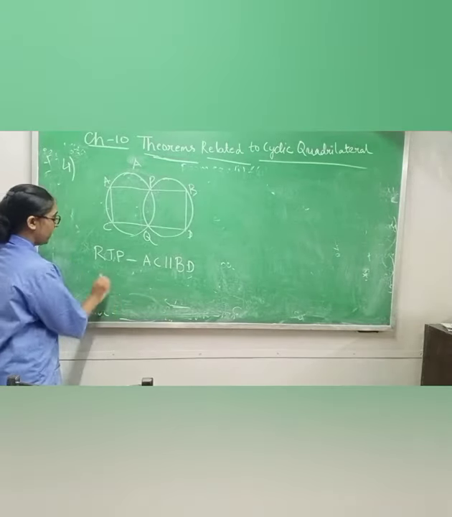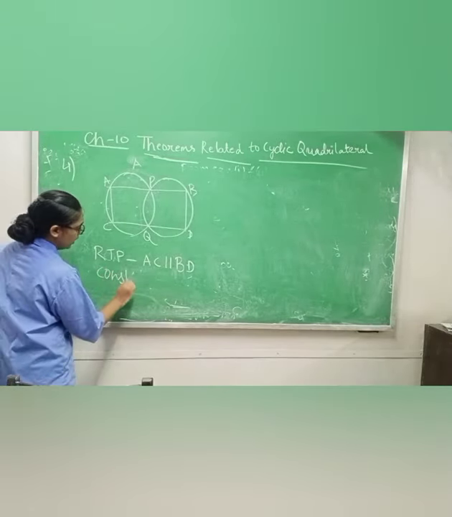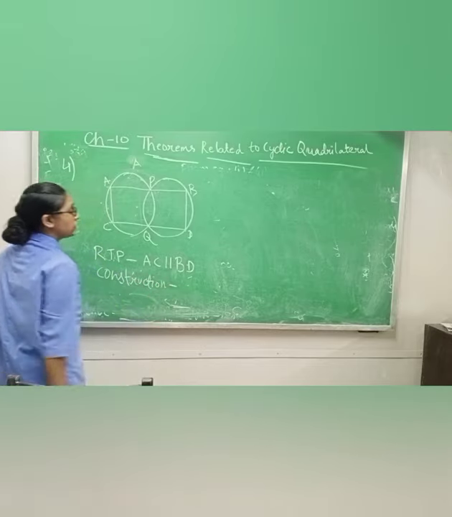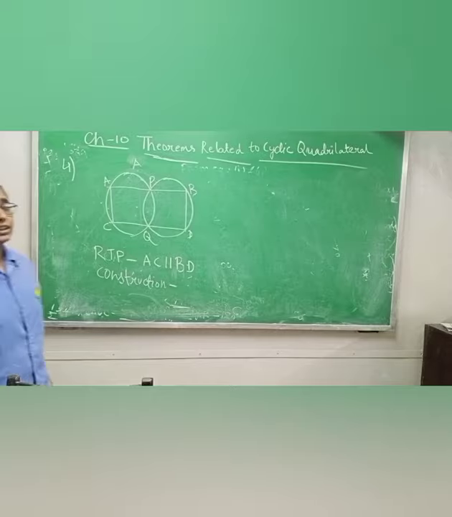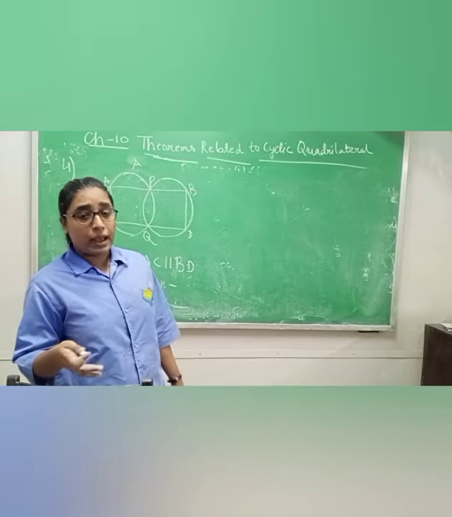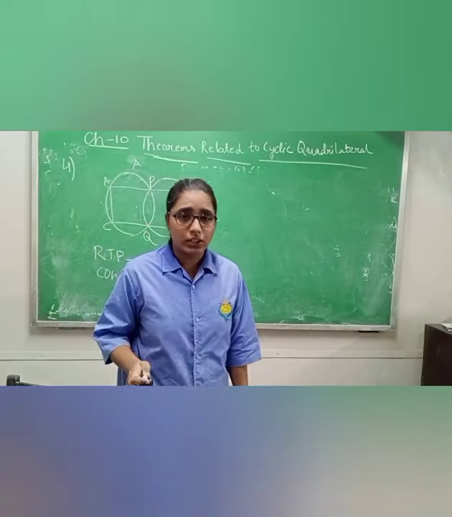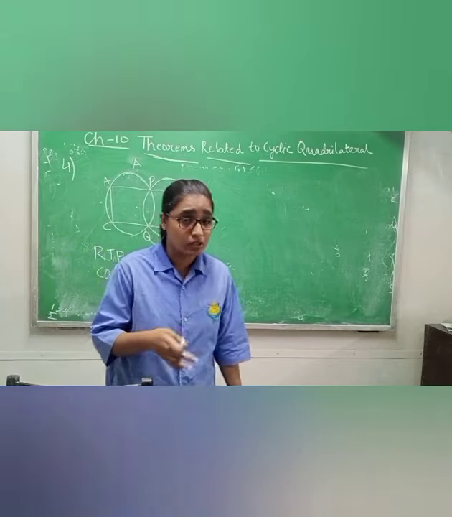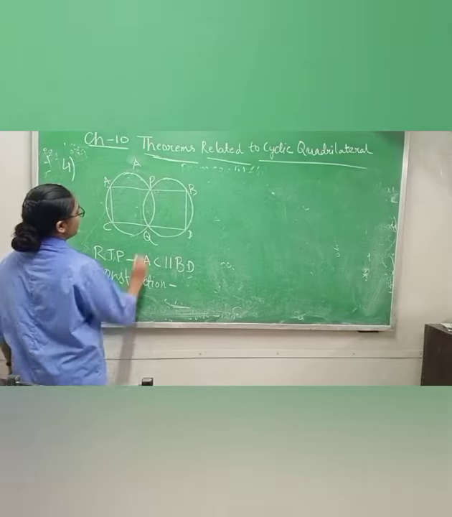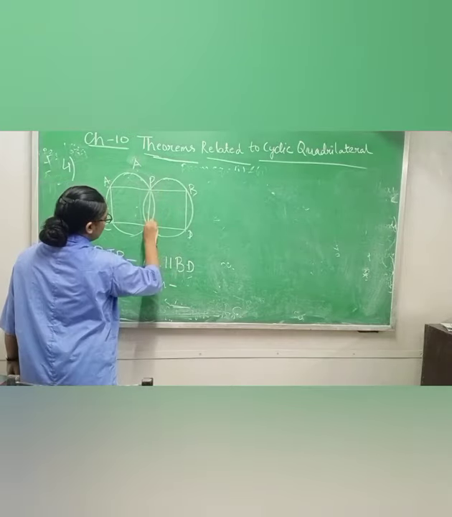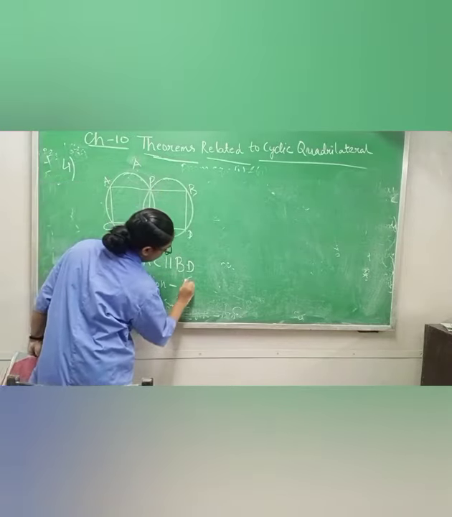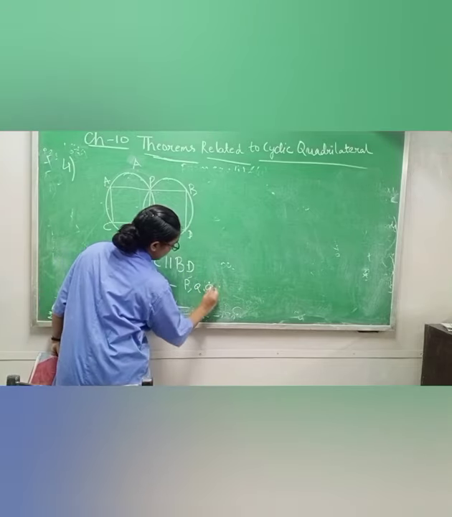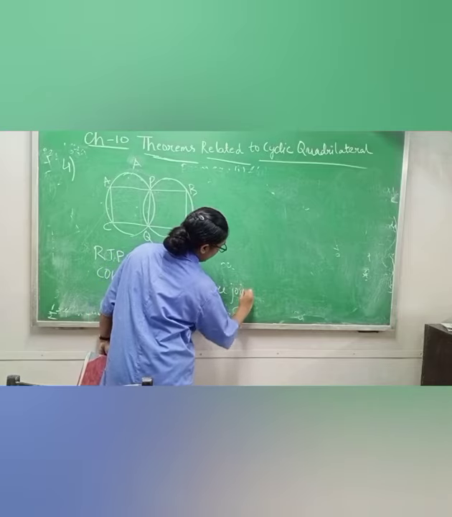Now in the construction part, I am doing one construction. See class 10, it is not so easy to understand application. You have to practice a lot. If you think that all theory applications are similar, then it is not at all. All applications are different from each other. So in construction, I am just joining P and Q. So I will write, PQ are joined.